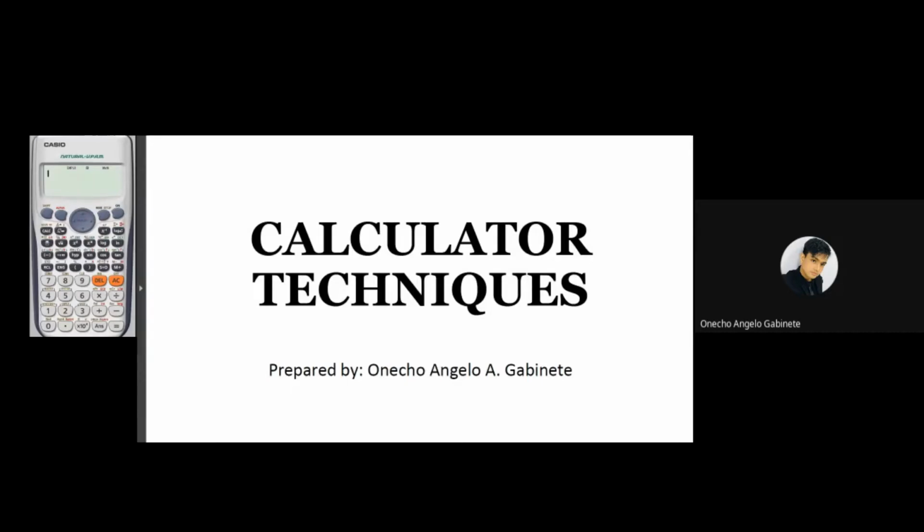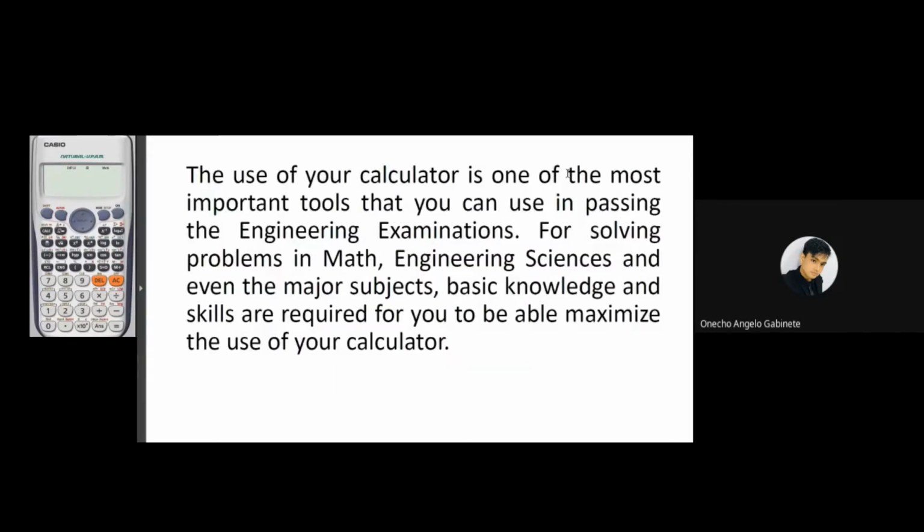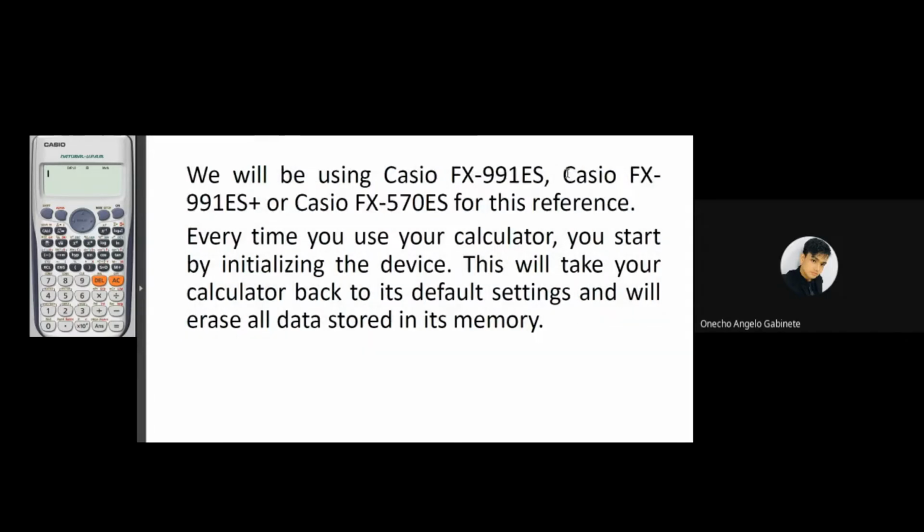Calculator techniques. The use of your calculator is one of the most important tools that you can use in passing engineering licensure examinations for solving problems in mathematics, engineering sciences, and even the major subjects. Basic knowledge and skills are required for you to be able to maximize the use of your calculator. So we will be going to use Casio